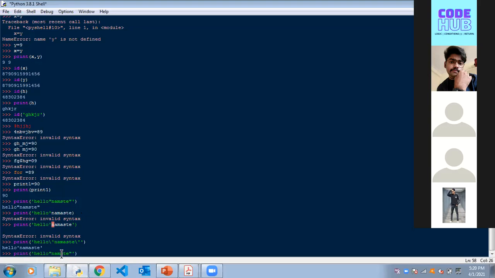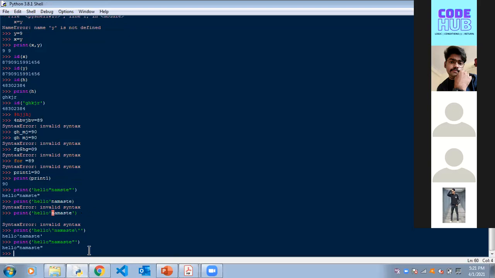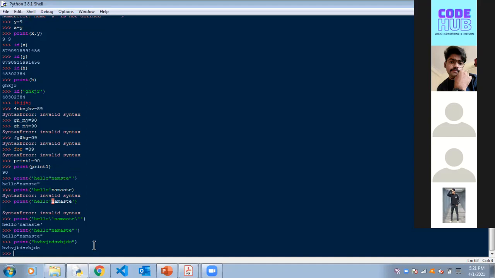See, if you write anything in a print statement, it doesn't really read it. Its work is just to show you the output on the screen. You get it? See, I typed it correctly for you now. You can type any random thing in the print statement. That's what a print statement is for. You can type a song or anything.